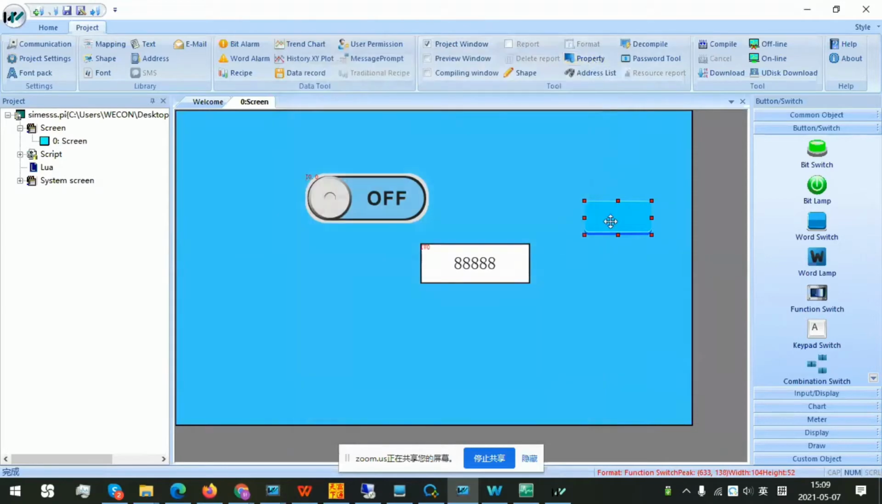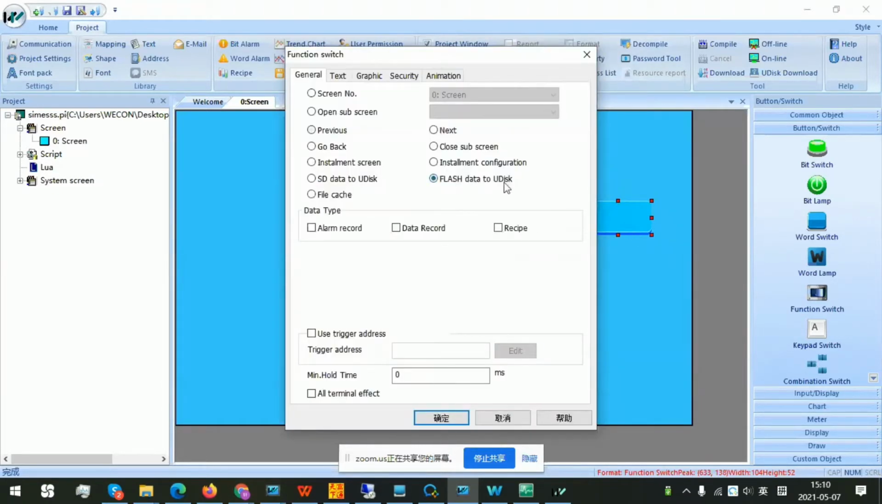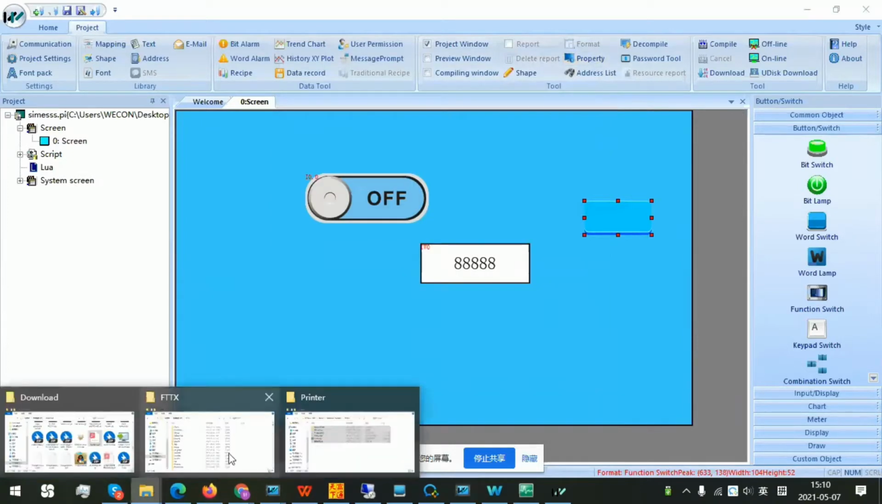You click this function address function button. You will be able to get the record file into the U disk. So, for example,